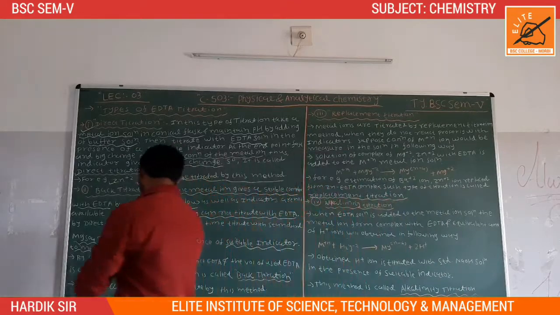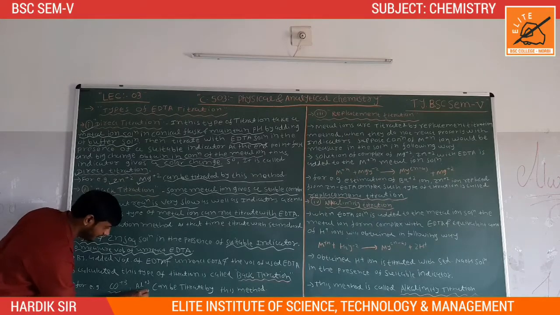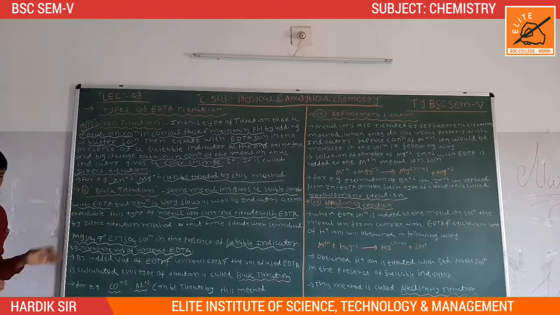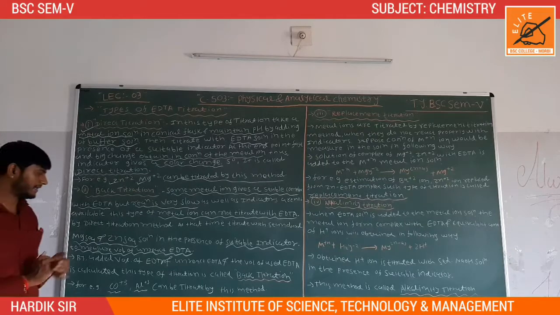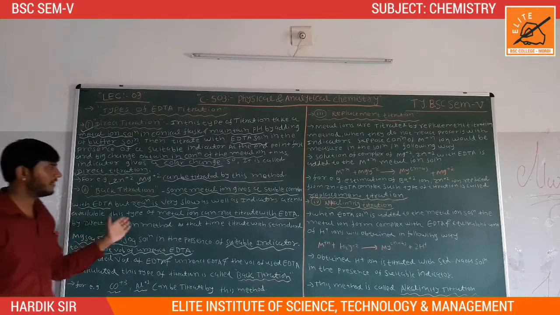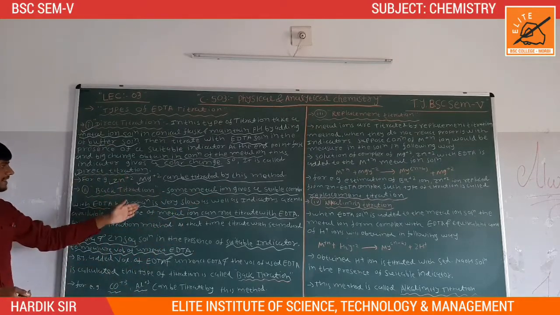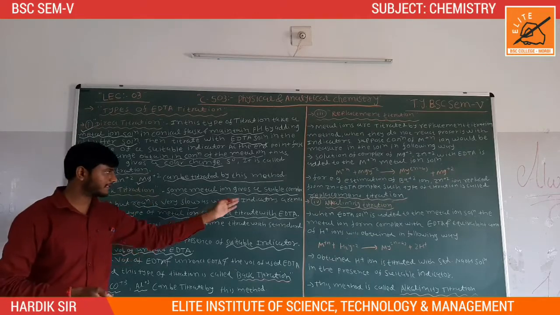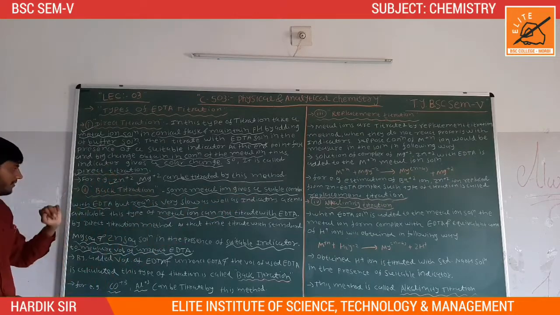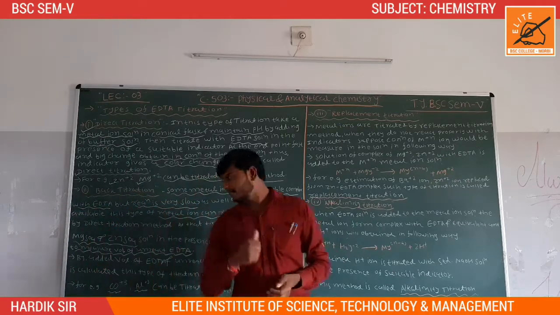Examples of the back titration method: cobalt plus 3 and aluminium plus 3 are heavy metal ions. Heavy metal ions are titrated with the back titration method, not the direct titration method. So first of all, the metal ion gives a stable complex with the EDTA, but the reaction is very slow and the indicator is not available. This type of metal ion cannot be titrated with the EDTA directly.